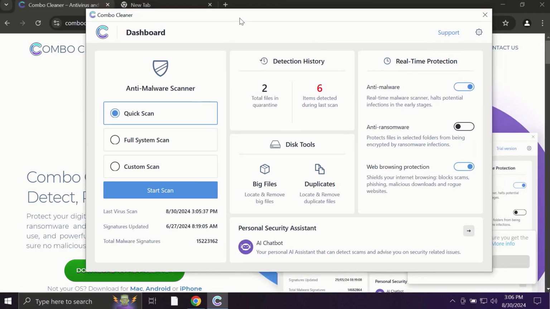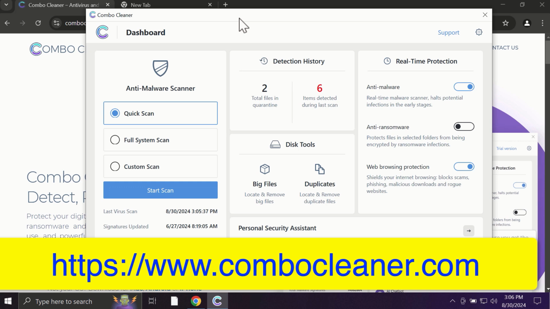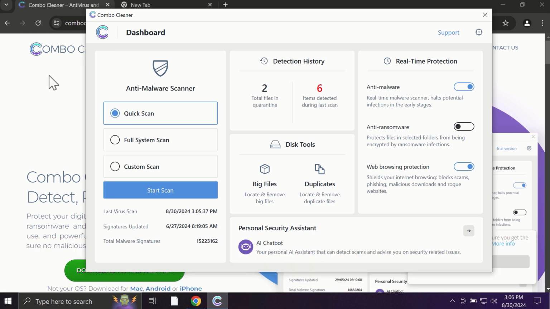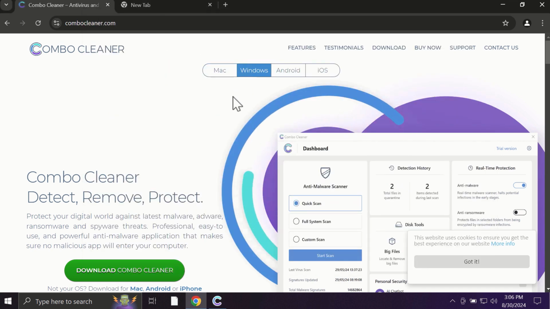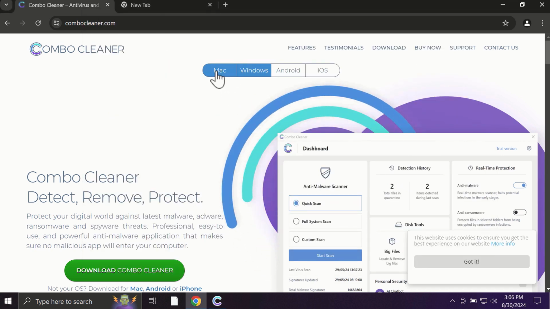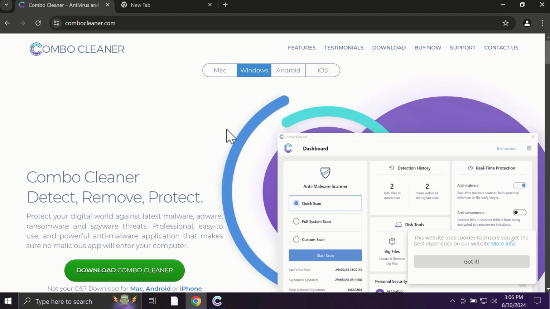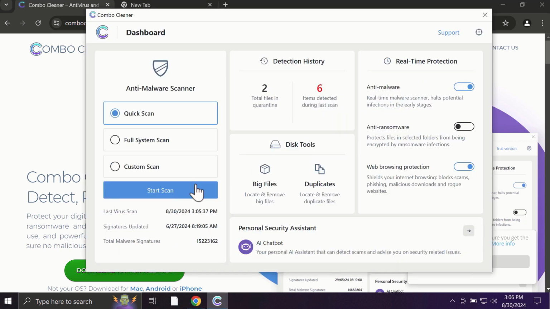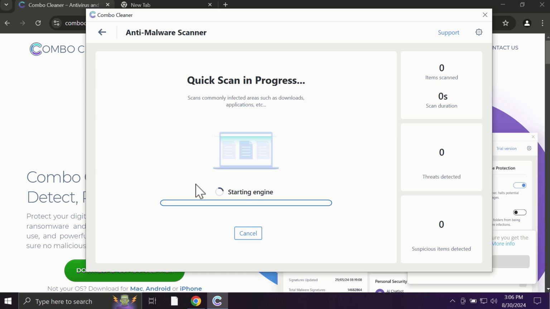After you start Combo Cleaner, the application will most likely, first of all, update its anti-malware database, which is truly essential for proper detection and removal of all possible threats that could be on your computer. Pay attention to the fact that Combo Cleaner is available for all popular operating systems: Mac, Windows, Android, and iOS. So after you click on the Start Scan button, the antivirus database will be updated first of all, and then